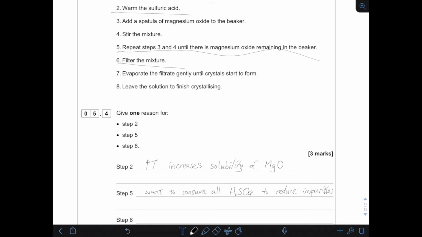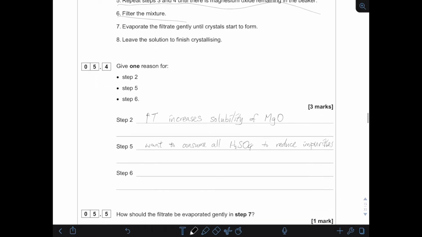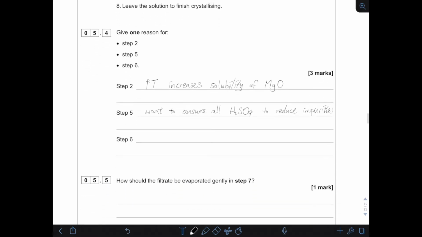And if you don't add more magnesium oxide after everything's dissolved, you don't know if there is still sulfuric acid left. And excess sulfuric acid is harder to clean up than excess magnesium oxide, which is also the reason for step 6,